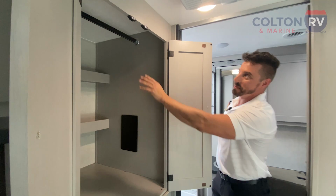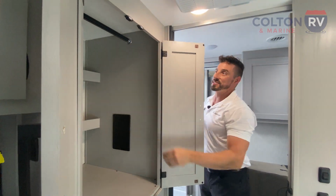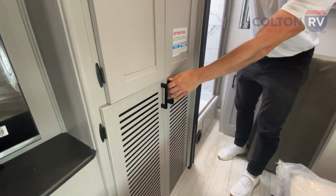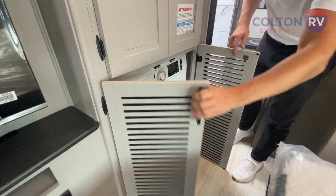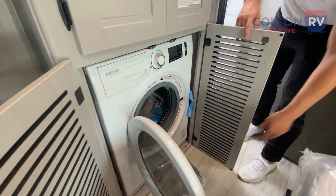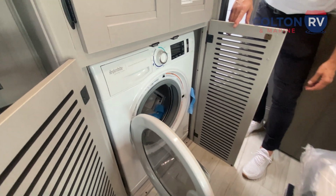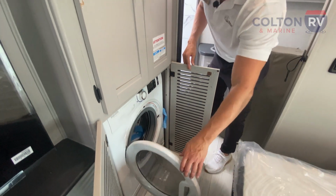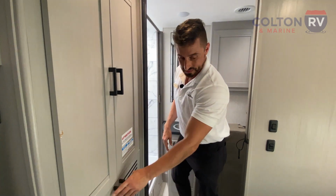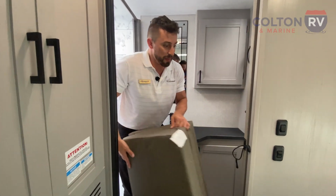You've got the shelves in the back, the nice wardrobe rod there, and then like I mentioned before when you pointed out outside, this does have a vented combo washer dryer in there for you. So again, you just throw all your clothes in, run your load, and it'll wash it and then dry it and be ready for you when you need it. So stepping on back into the bathroom,